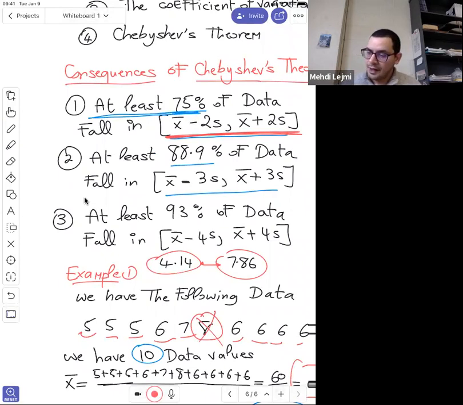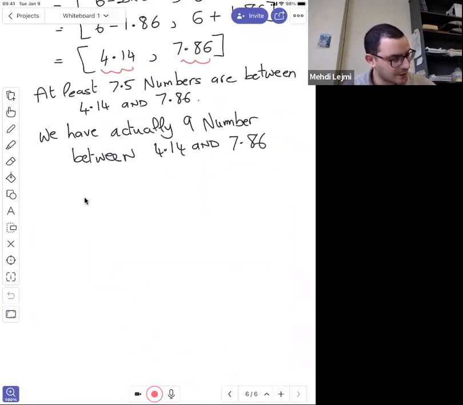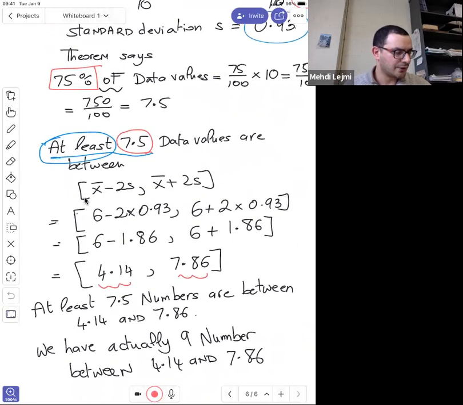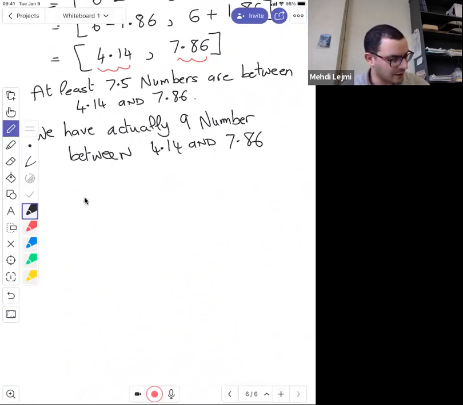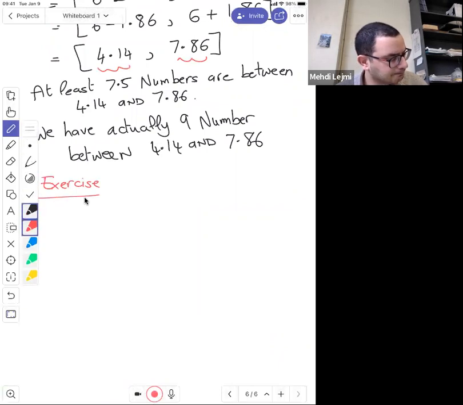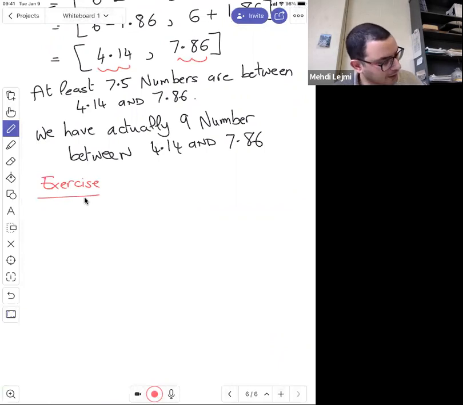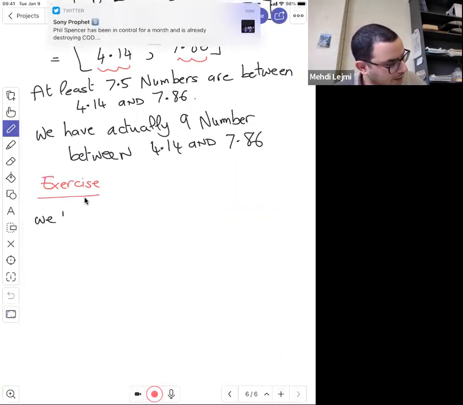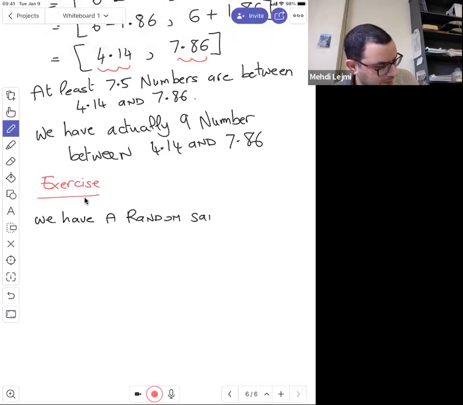And for each percentage, we have a different interval. Okay, so here's an exercise. Let's do another example or exercise. So this example was just to explain the theorem. It's not an exercise. But now let's do another example, an exercise. For example, let's say we have a random sample